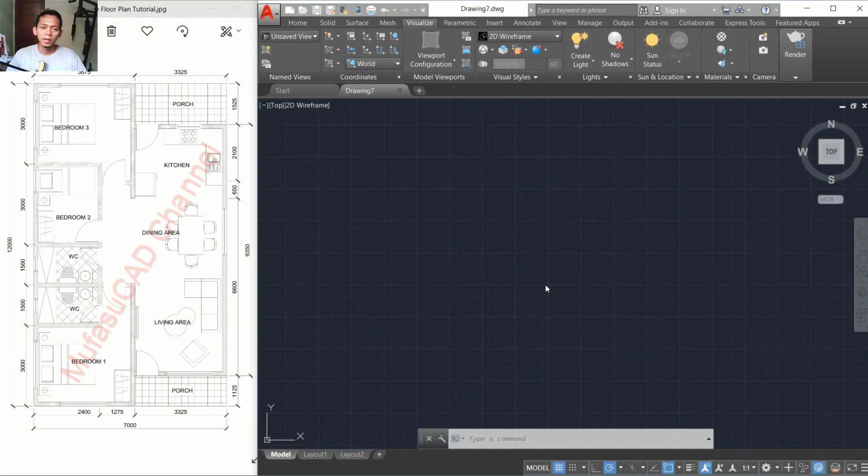Hello everyone, welcome back again to Autocad channel with Autocad 2D modeling basic tutorial how to create a 3D bedroom house floor plan. Okay, first I will use a top view and then I will create line. Okay, start from this point to the right here